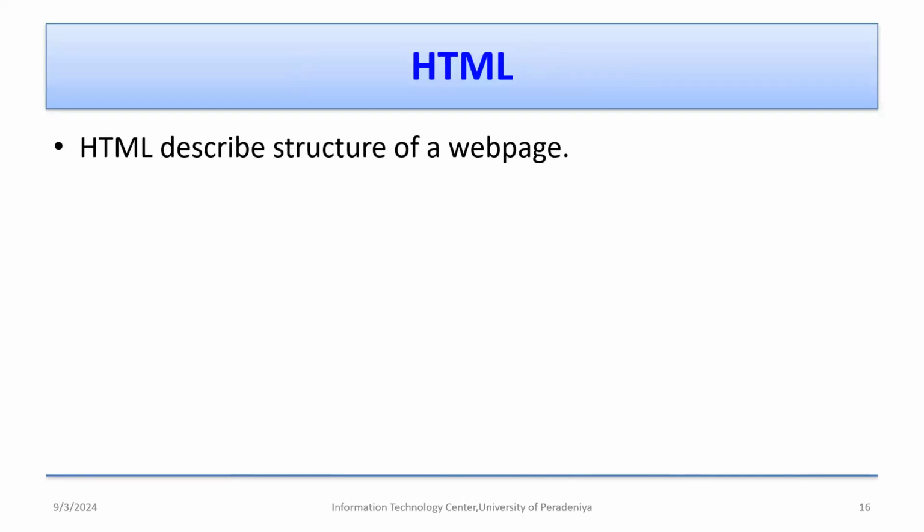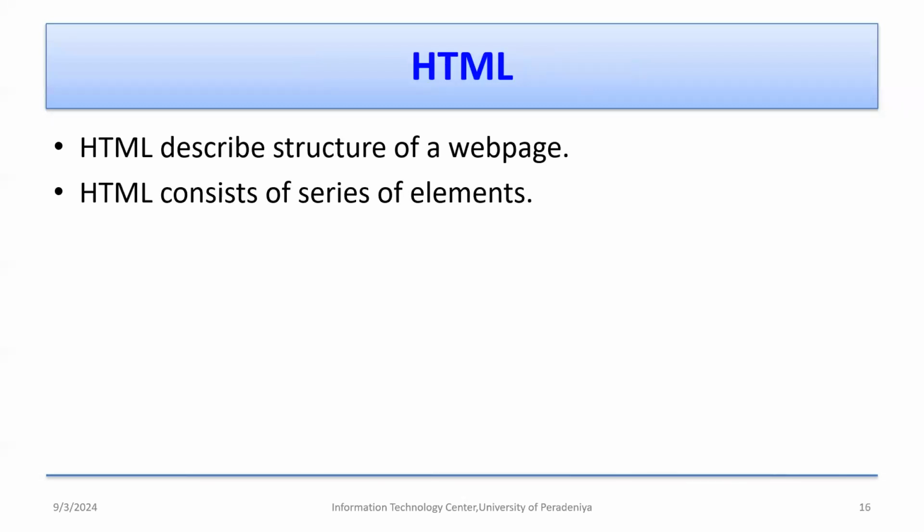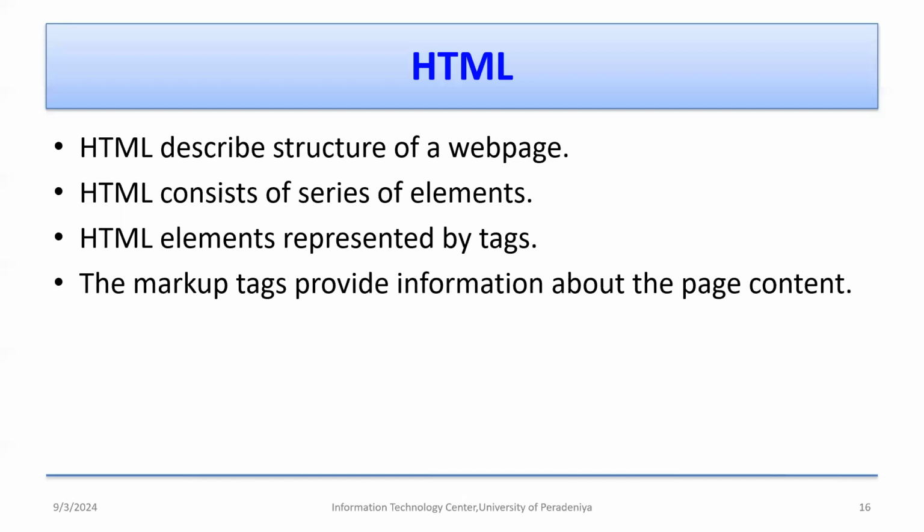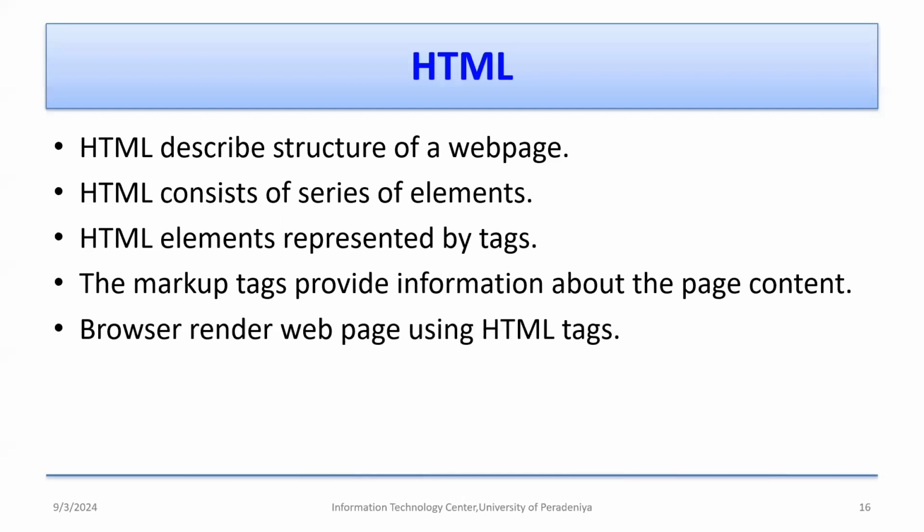HTML basically describes the structure of the web page. HTML consists of a series of elements. Let's see what an element is. Elements are represented by tags. A web page basically consists of a series of elements, and those elements are represented by tags. The markup tags provide information about the web page. Basically, the web browser renders the web page using HTML tags